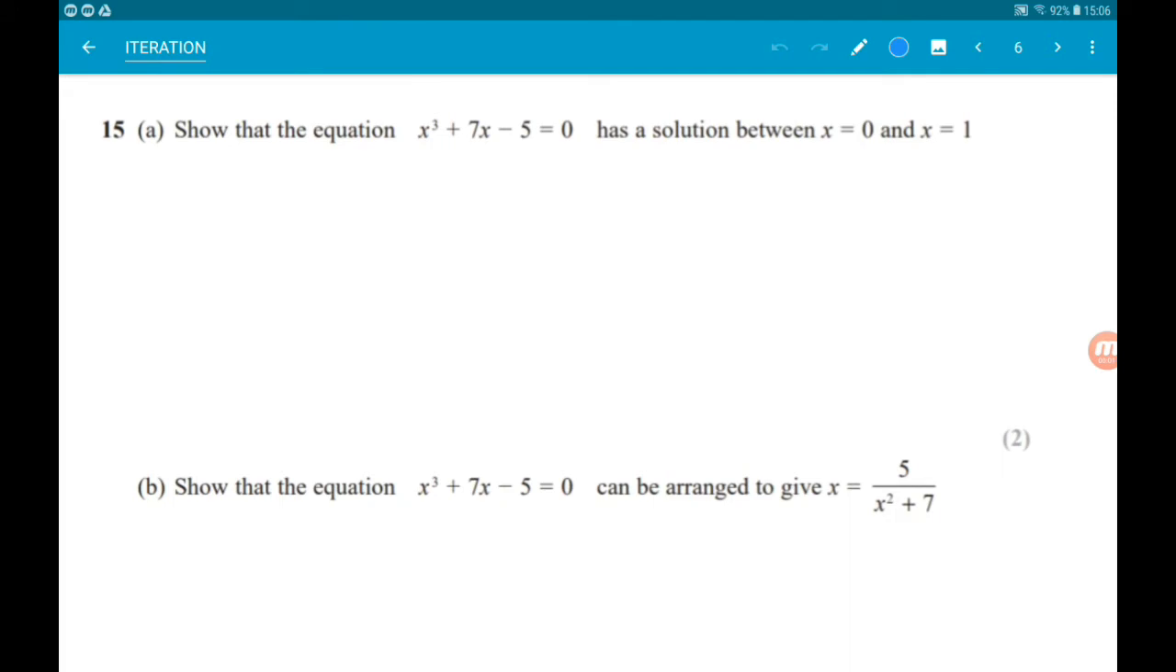Okay then, last one. Part A, show that the equation x cubed add 7x minus 5 is 0 has a solution between x equals 0 and x equals 1. Okay, so we had a very similar question back along. This time then, if there is a solution between x equals 1 and x equals 0, when we substitute in these values, one should give us a negative answer and one should give us positive. So, when